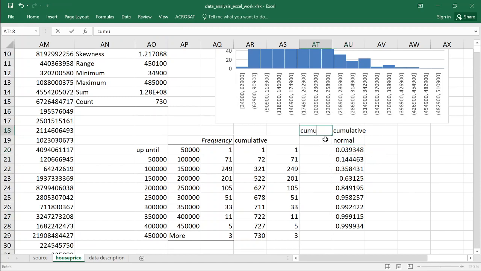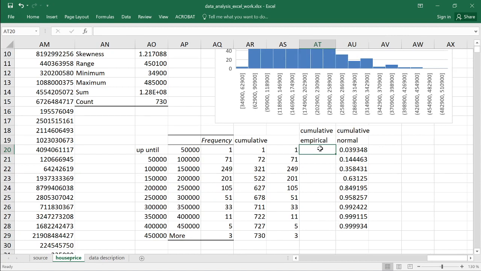And I call this now cumulative empirical, to make a distinction between the assumption of a normal distribution and making no assumption, but rather using directly the information from the data. So I take this entry here and divide it by the total count, fix that,